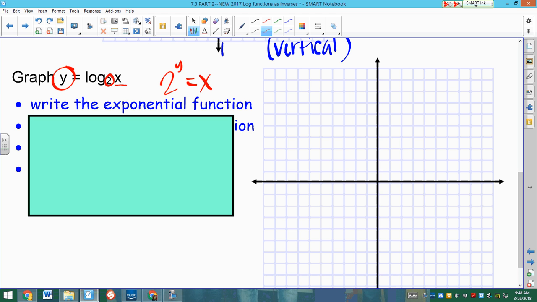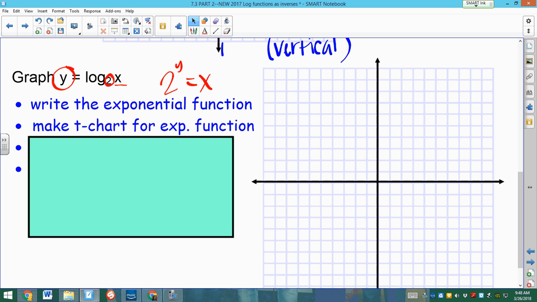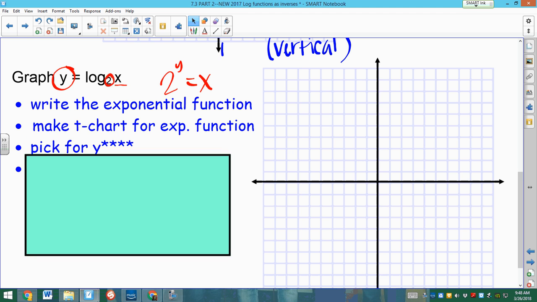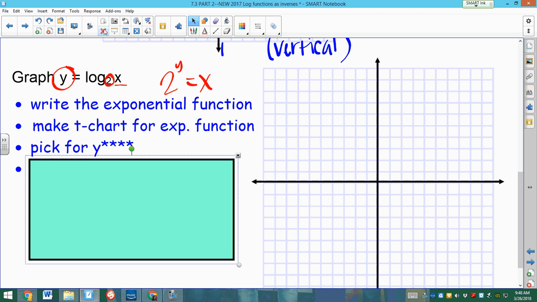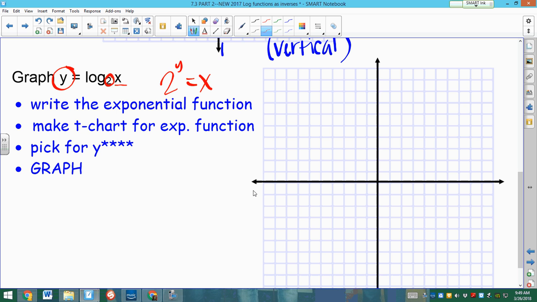And I know that that looks a little funky. It's because of the placement of the y and the x that those are flip-flopped. You're going to make a t-chart for that function, and what's weird about this is we're going to pick the y values because those are the exponents, and then we will graph those. So I'm going to, again, start pretty simple, -1, 0, let's go 1, 2, and 3,